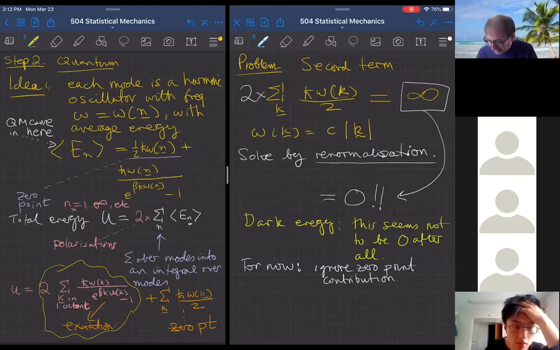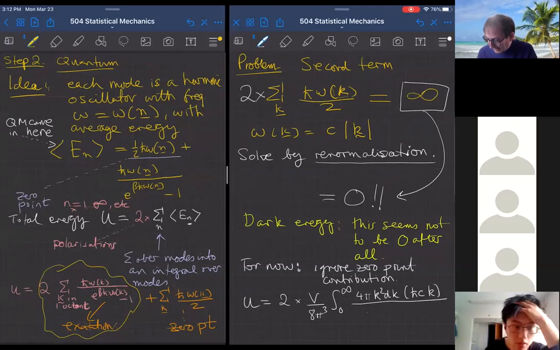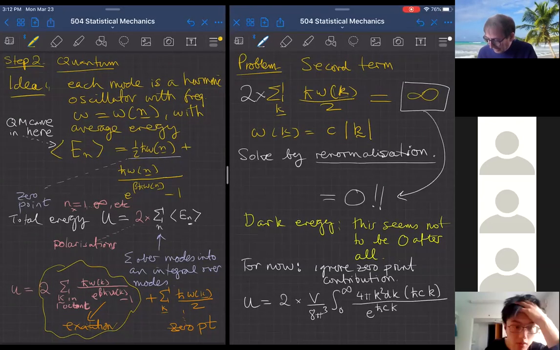And so that says that the total energy is the factor of 2 for the polarizations, and then the density of states in k space, then times the integral from 0 to infinity of d3k, which is 4 pi k squared dk, times the frequency, which is omega equals c times k, divided by e to the h bar c k over Boltzmann's constant T minus 1. And that's